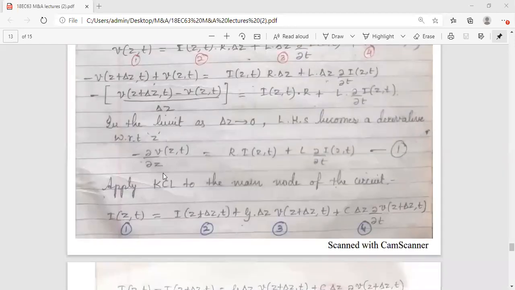So we started with the circuit theory, low frequency. For high frequency, for transmission line, we took one smaller part of the circuit so that transient time effect can be neglected. And for that smaller part, we applied KVL and KCL. Okay. You can observe what equation 1 is. Equation 1 is giving you dou V by dou Z. That is the voltage parameter it is giving you. And equation 2 is giving you the current parameter. V and I.